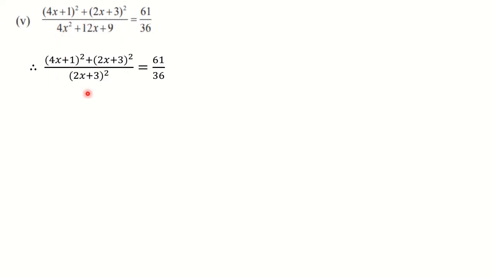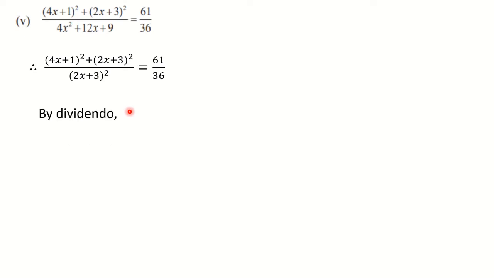Can you see this? Now you will observe that this second term here and the denominator is same. Now the next thing is to eliminate the term. Here you will observe that at both the places the plus sign is there. So if we subtract, that means if we go for dividendo, this second term will get cancelled from the numerator. So this way you have to decide which operation you are going to perform. So here we have to go for dividendo.